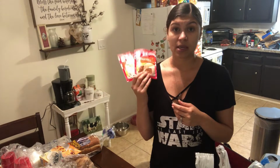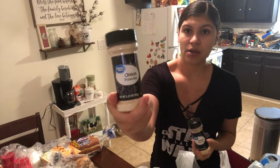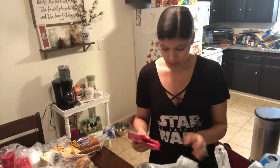I am going to be making enchiladas tonight, so I like using the seasoning packets on our meat. Garlic powder and some onion powder, seasoning staples in our house. Nacho cheese for our nachos. And I got 2 packets of this fajita seasoning mix that I'm going to use to make crock pot fajitas